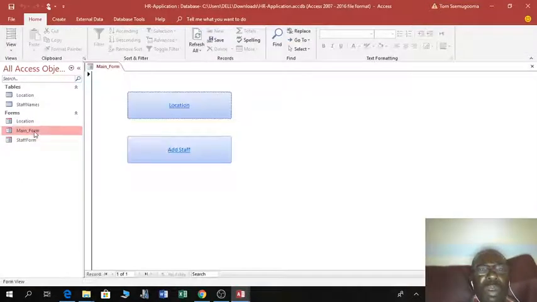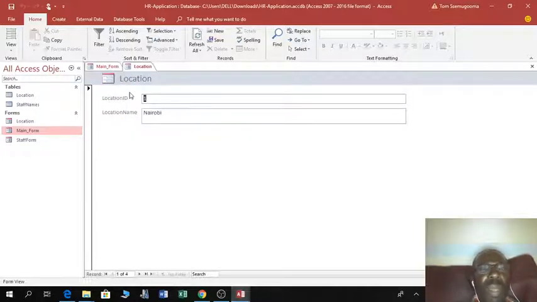So when I click on my main form, it pops up like that. So when I click location, it opens location. When I click